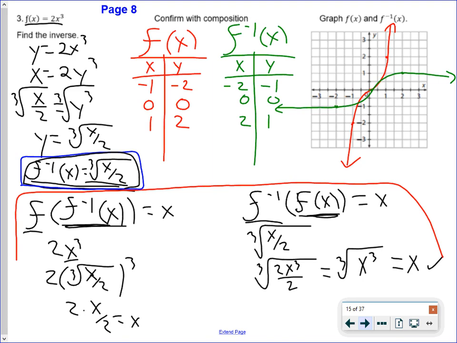All right. For number 3, this is what you should have gotten. What's in black on the left side, that's how you figure out your inverse. So your inverse should have been f inverse of x equals the cube root of x all over 2. If you did your composition, this right here below the red box is what you should have gotten for the work of your composition. If you got x for both sides, you did your composition right, and the inverse you got is correct,